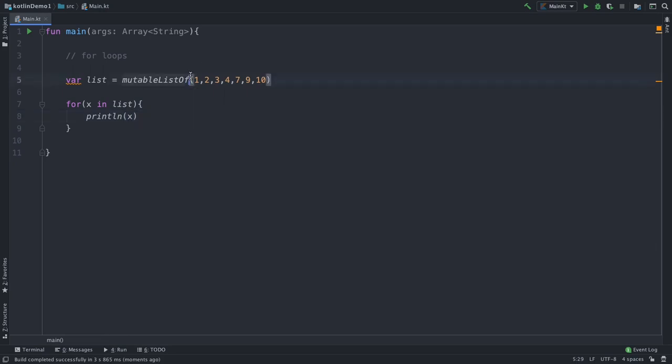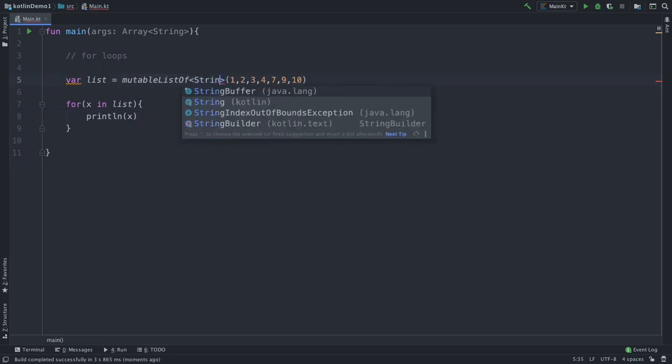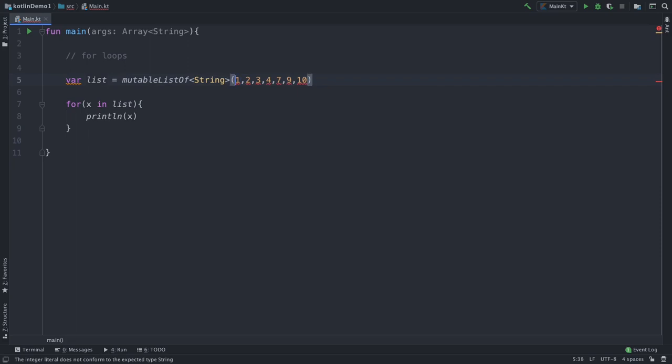Also, let's define this as a list of strings. The first element is, let's say, Abhay. Then the second element is Ravi. Then we got Nayan. And that's it. So here is the list of strings, and let's use name here because this list contains names: for name in list, print name.